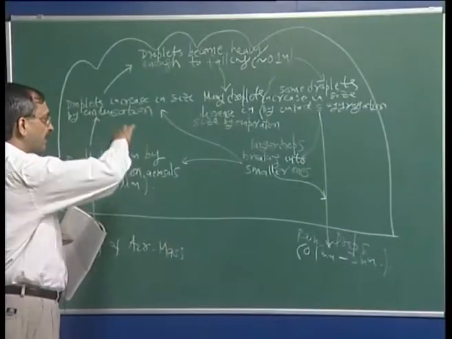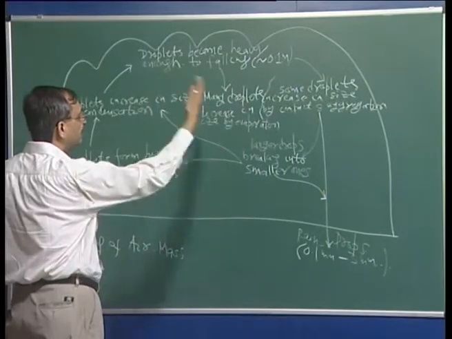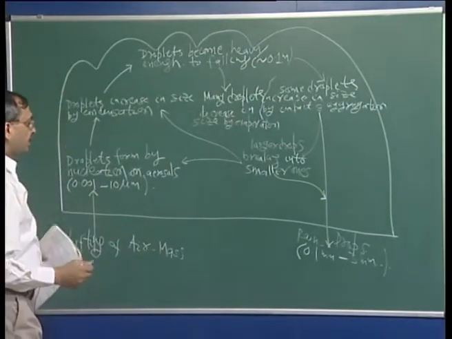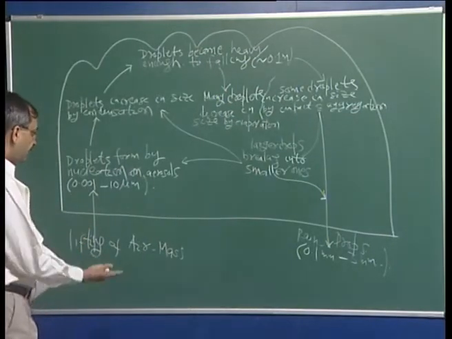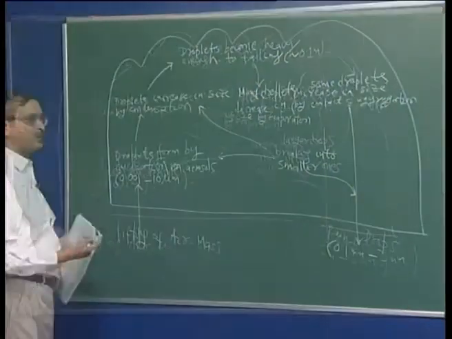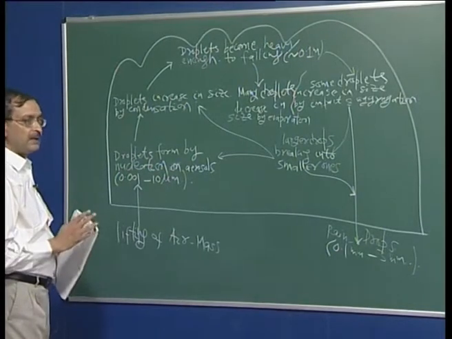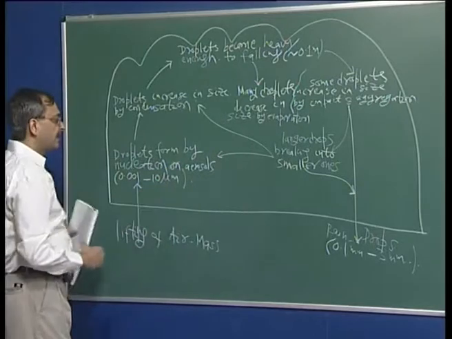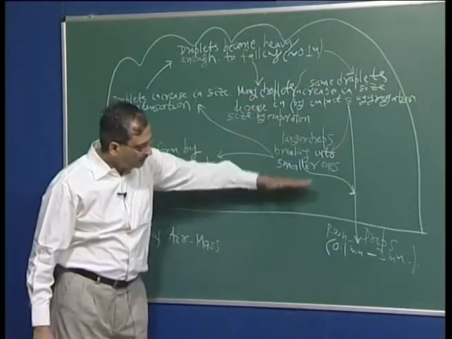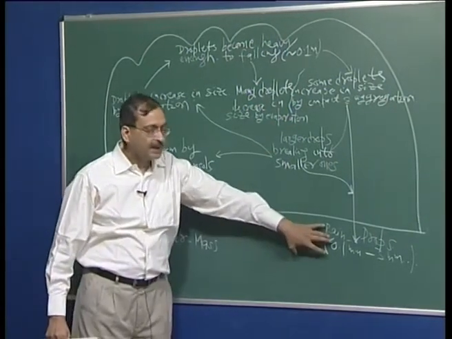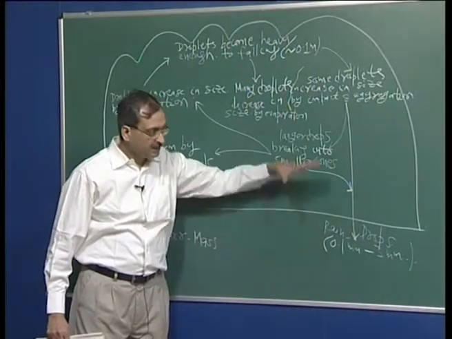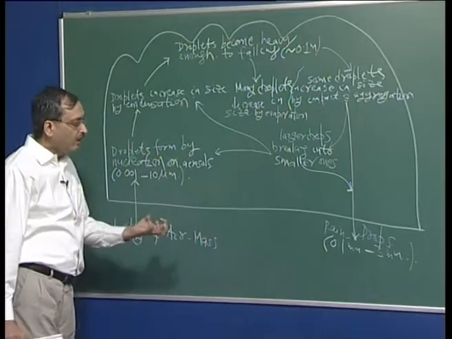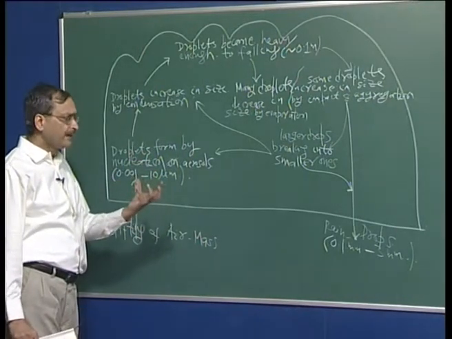So, you see that there is a lot of activity taking place inside a cloud. Just to rephrase, you have two basic mechanisms: one is the lifting of the air mass, the other is the presence of nuclei. Those two are required. Once that happens, there is a lot of activity taking place, and ultimately what we see coming out of a cloud is rainfall of approximately this size. This will keep falling. Later on today we will see how these drops of rain will actually fall.